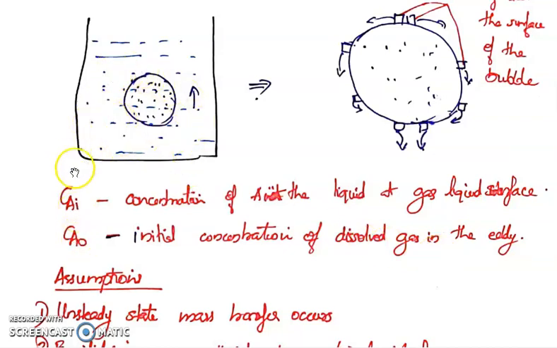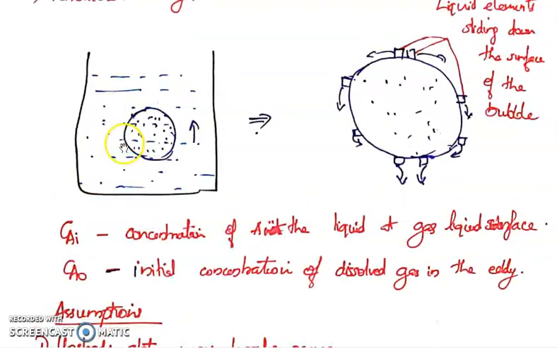CA0 is equivalent to CAB, that is the concentration of A in the bulk liquid phase, which is here. If there are no molecules of A in the bulk liquid phase, it should be equal to 0. It is also possible that some amount of dissolved gas will be present initially, so let's assume that to be CA0. So the concentration difference that is acting as the driving force here is CAI minus CA0, where CAI is the concentration of A at the interface, and CA0 is the concentration of A in the bulk phase, somewhere in the bulk phase. That will always be uniform.